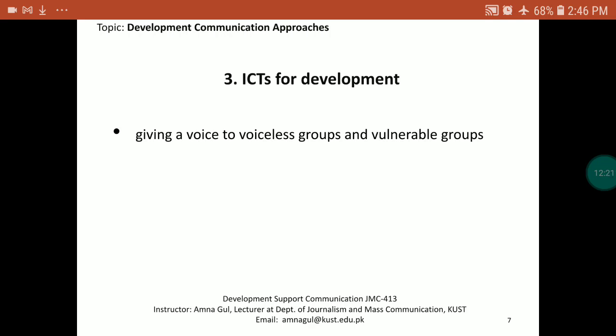ICTs can be a powerful tool for sharing information, but they often cannot solve the development problems caused by the underlying social, economic, and political issues, nor can they change the existing power structures, as the information available is not necessarily knowledge. In order to become knowledge, the information has to make sense to the people who receive this information.